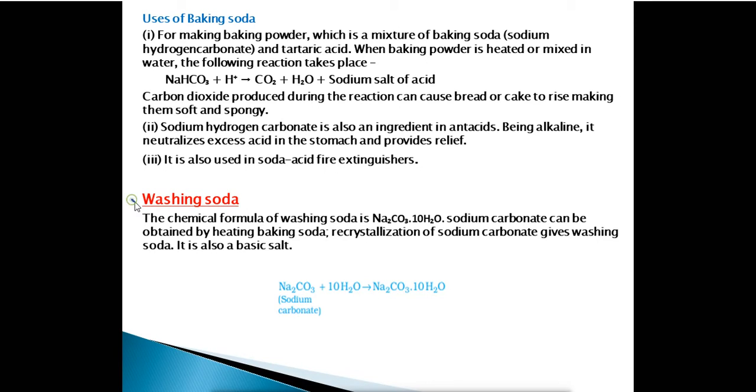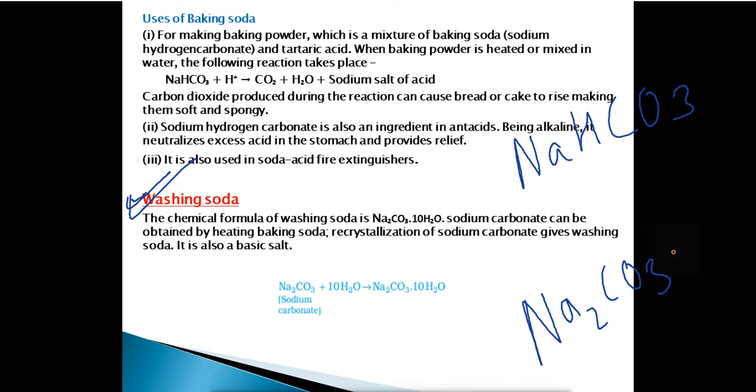Now let us read about the next type of salt, called washing soda. So once again we can recall the chemical formula of baking soda. It is NaHCO3, sodium hydrogen carbonate. Now the next one which we have to read is washing soda. What is the chemical formula of washing soda? It is